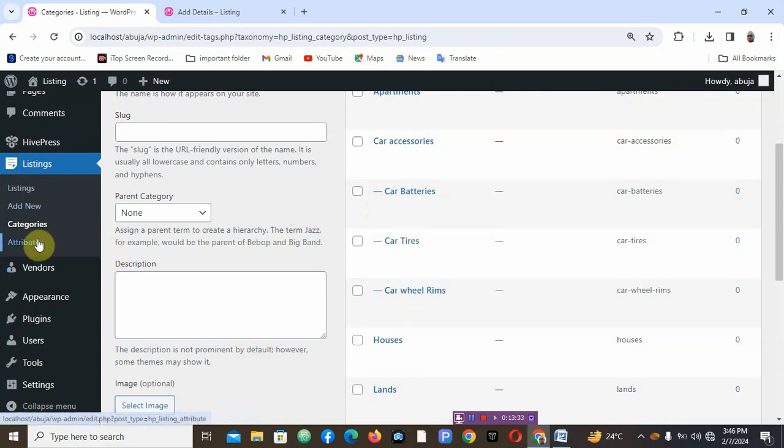So you come here, when you click attribute, then you add attribute. So the next thing we are going to do now is to create attributes for this product. That is what we are going to do now, creating attributes for this product. So let me show you what we'll be learning